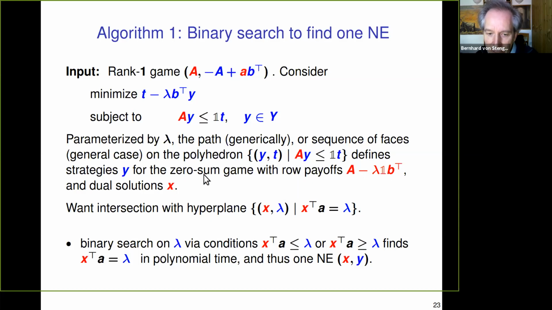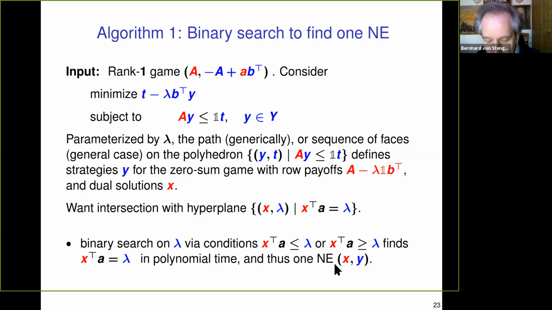And we want the intersection of this path with a hyperplane x lambda, where x transpose A is equal to lambda. For that purpose, it is useful to look at the dual LP here, because that involves the x rather than the y. And now you can do binary search, this is my algorithm 1, and find the solution in polynomial time,